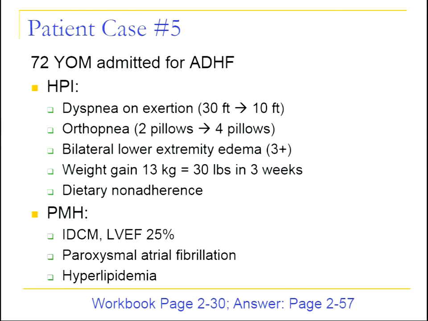So this is a 72-year-old male. He's admitted for heart failure symptoms. He used to be able to walk 30 feet. Now he can only walk 10. He used to sleep on 2 pillows. Now he sleeps on 4. He's got 3+ pitting edema in his extremities. He's gained 30 pounds, and he admits to dietary non-adherence. He's got an ischemic dilated cardiomyopathy. His EF is 25%. He's got AFib, hyperlipidemia. He looks like everybody I see on